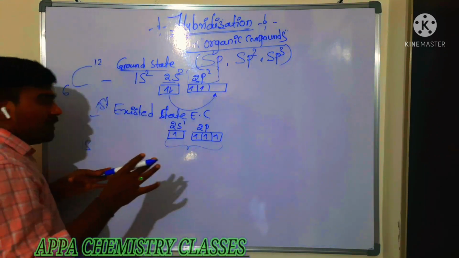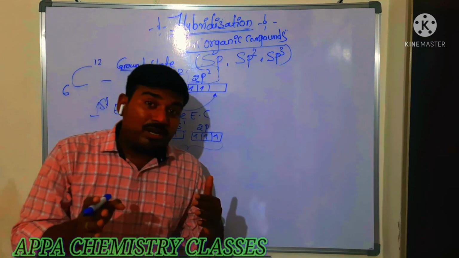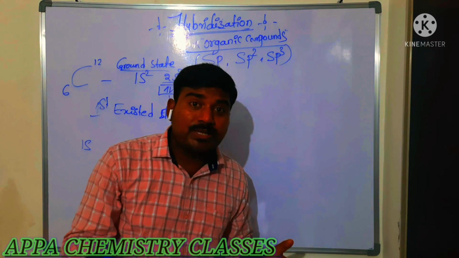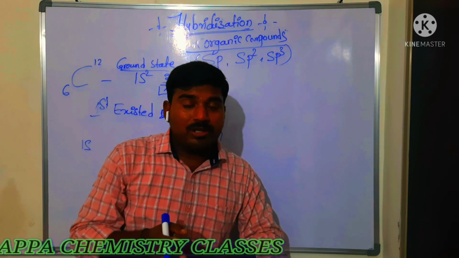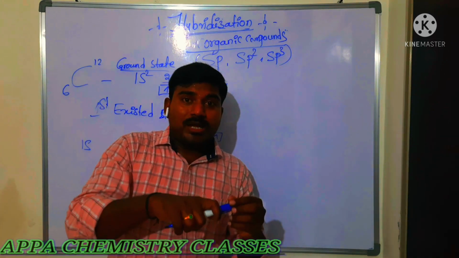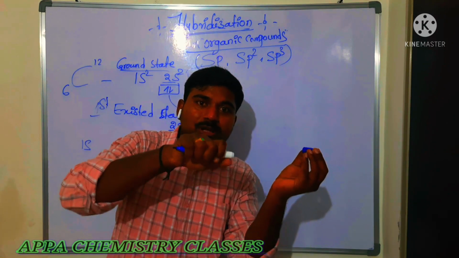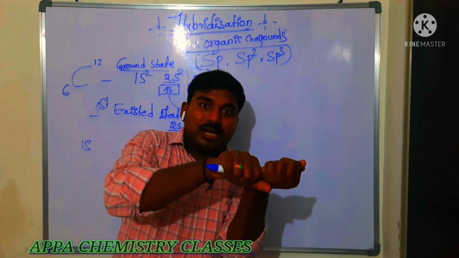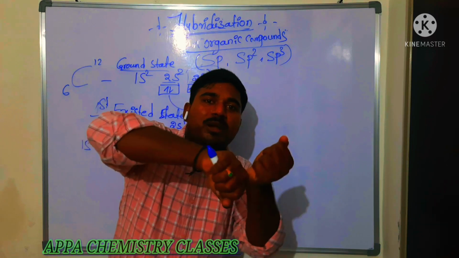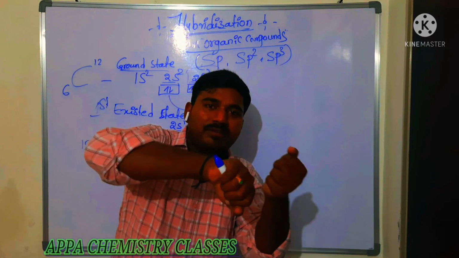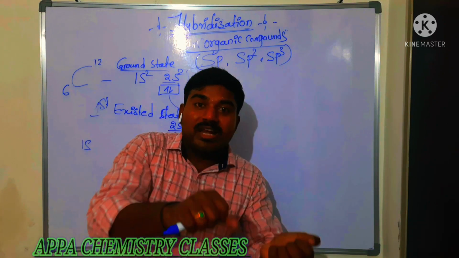Based on the hybridization only, the geometry of the molecule will be decided. The hybrid orbitals will be arranged around the central atom in the position where the repulsions are minimum. If 2 hybrid orbitals are there, they should be arranged in a linear position. This is one hybrid orbital, this is another hybrid orbital. When they are opposite to one another, only then do they have minimum repulsions. But when they are arranged otherwise, they have some sort of repulsions.